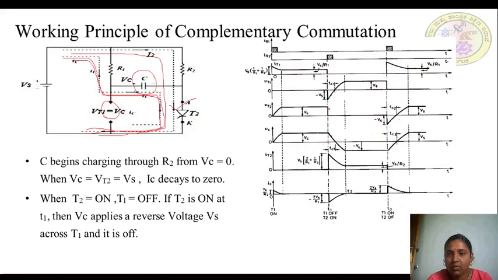This is the waveform when T1 is on. This is the negative voltage applied across T1, and it is going to charge in the same way because the SCR is in the off state. The same as the supply voltage we can see here, and this is VT2, that is, the voltage across SCR T2, because now it is in the on state. So the voltage is 0, and now the capacitor tries to charge in the opposite direction because the current flow is in this direction.